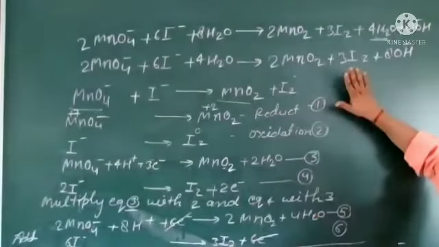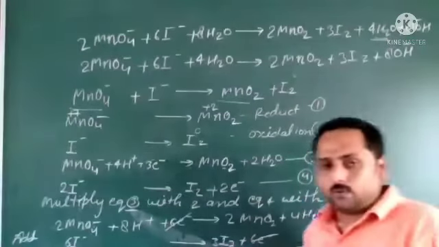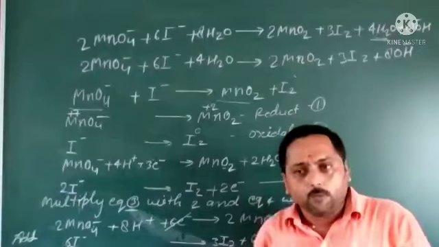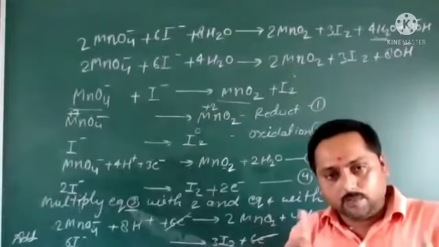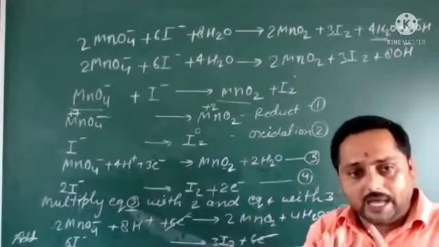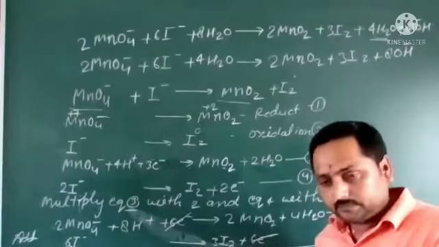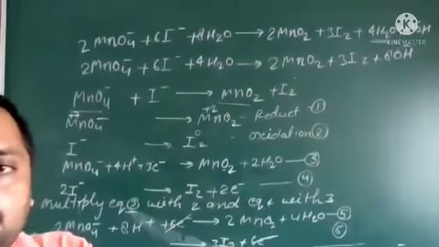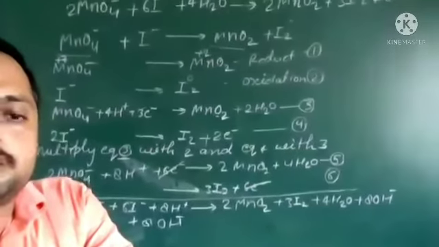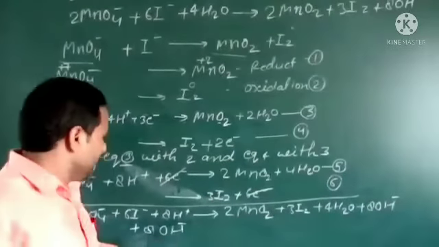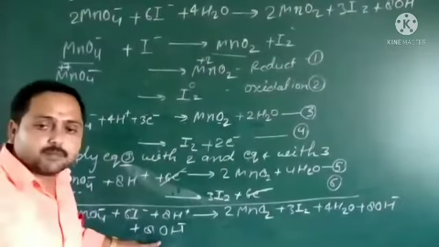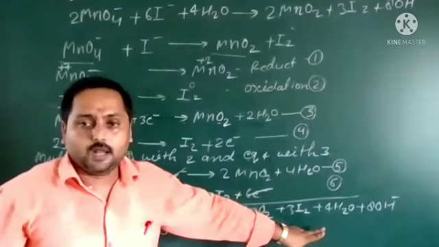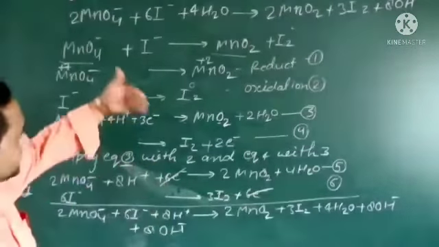Okay, students. This is the valence ionic equation. What extra steps do we have to do in a basic medium? Just come to the point when we add both half equations. When we add both half equations, how much hydrogen is remaining? We will add that much OH- to both sides of the equation, and then we will take 4 steps to solve.